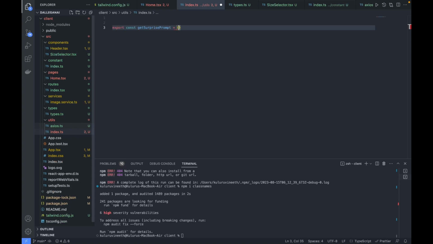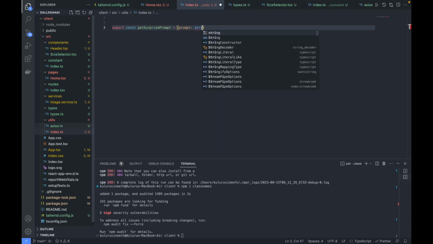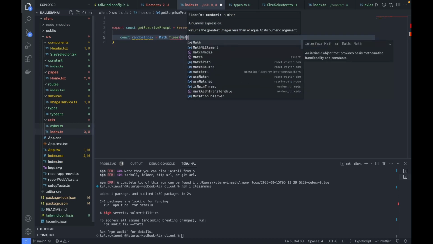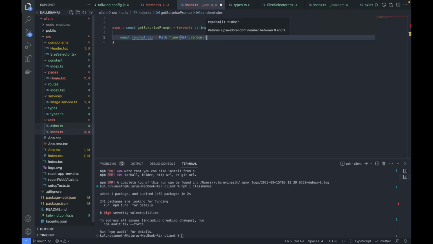Okay, so let's have the input param for this of type string. Okay, and this is going to return a string. Okay, fine, so here first let's have the random index. So here random index I'm going to create using Math.floor, and Math.random times the length of our prompts list. Okay, so that prompts list I will define inside our constant